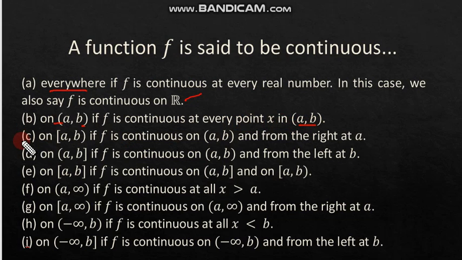For letter C, on an interval [a, b) where the a is a square bracket and b is a parenthesis, the function is continuous on the interval if it is continuous on (a, b) and from the right at a, it means that